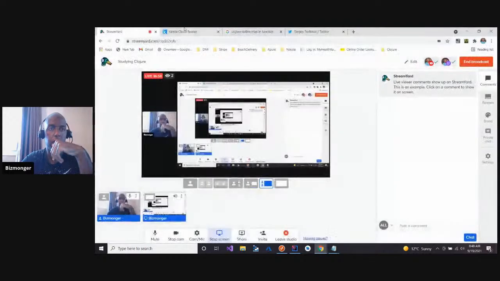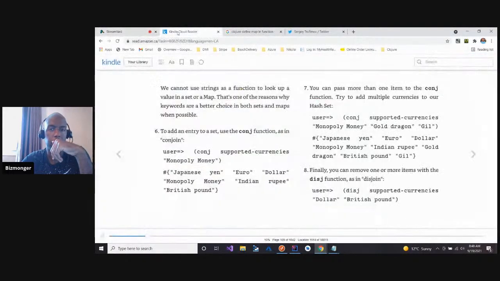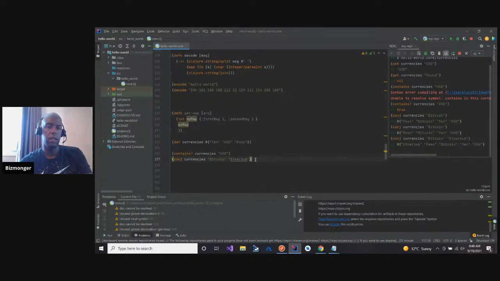If we go back to my thing, finally you can remove one or more items with disj. Oh, okay. So there's a conj and a disj. All right. So we'll do something over here, and we'll say disjoin currencies, and then we're going to say Bitcoin. Theoretically, I should be able to say both of these, right?